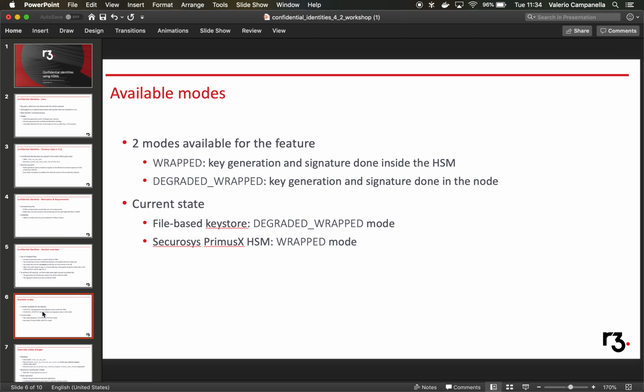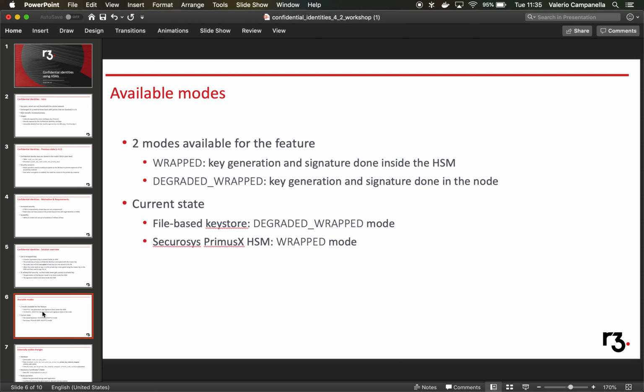We'll be adding future support, I assume, for the other supported HSMs. Yes, as described previously, we need the HSM vendor to provide some specific APIs for that. So as long as the vendor can provide these APIs, we will be able to add support for wrapped mode, or if there is big customer demand, we can temporarily add support for degraded wrapped, which is easier to implement with APIs most of the vendors provide,